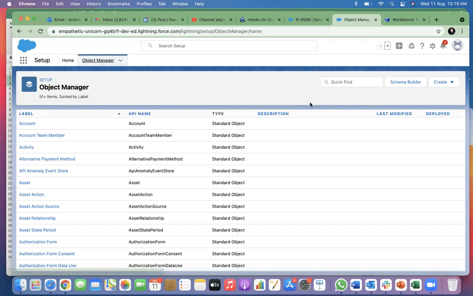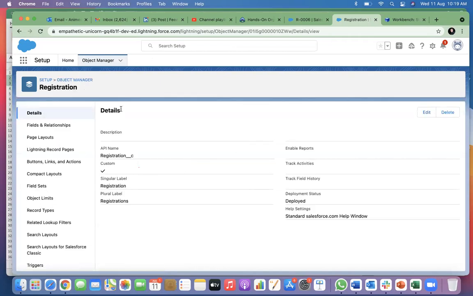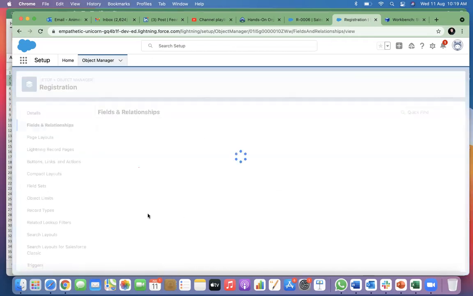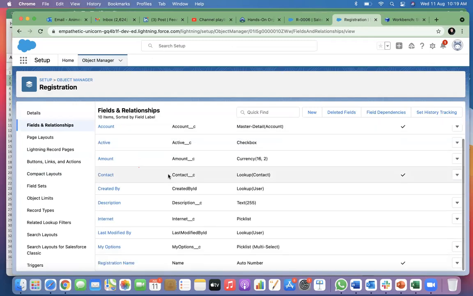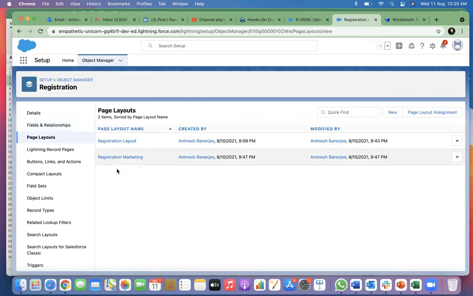So in object manager in registration, we saw many things, right? We saw how to create a new table. We saw how to create new fields. Why are there such a wide variety of fields? Because we want to control that garbage data is not entered anywhere. We saw how these fields will look on the screen using layout, and how to organize them. So those are the three things we covered already. Any questions so far?